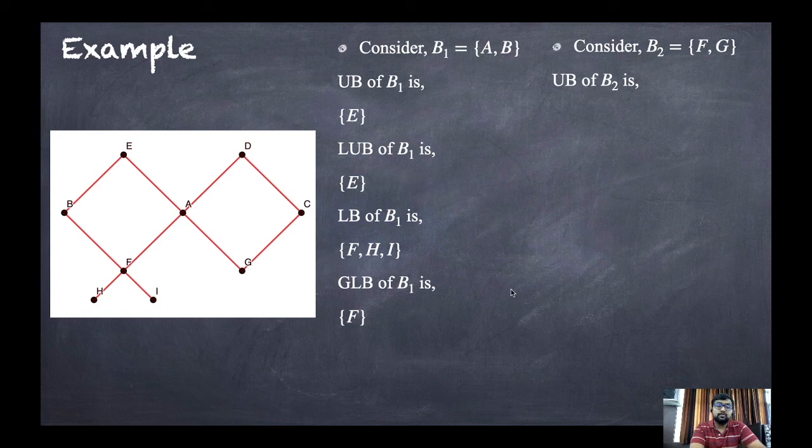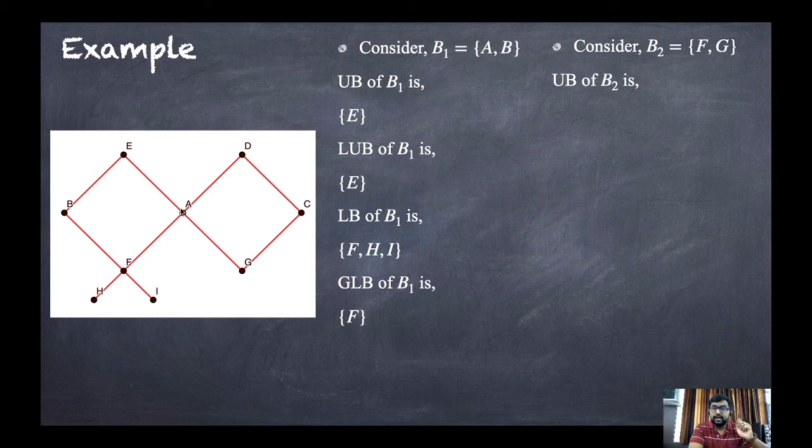Now for upper bounds, there has to be a relation from the given set to the upper points. Now is B an upper bound? No, because we can go from F to B, but we cannot go from G to B. So B is not an upper bound. And in the same manner, by symmetry, C is also not an upper bound. Now the rest are only three.